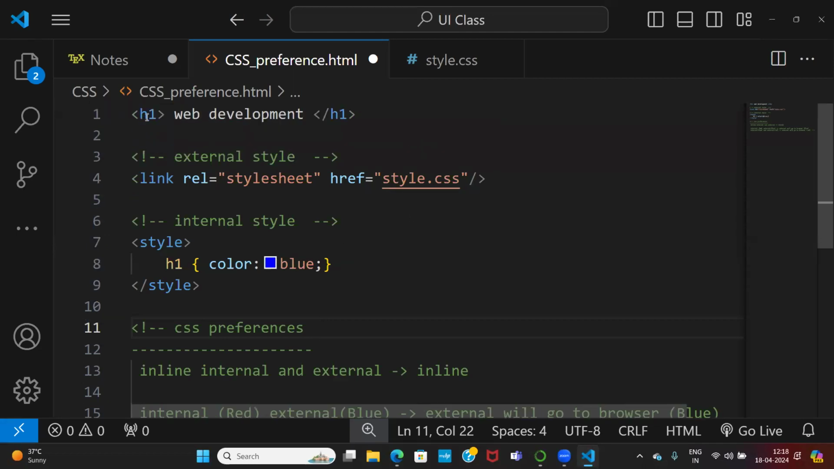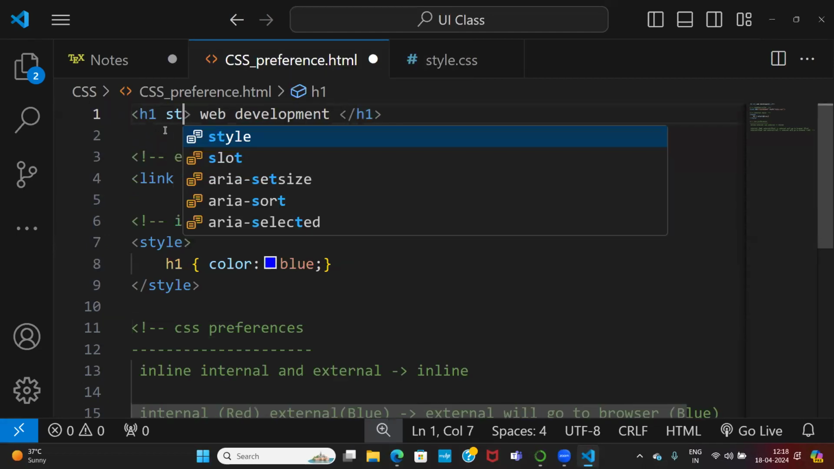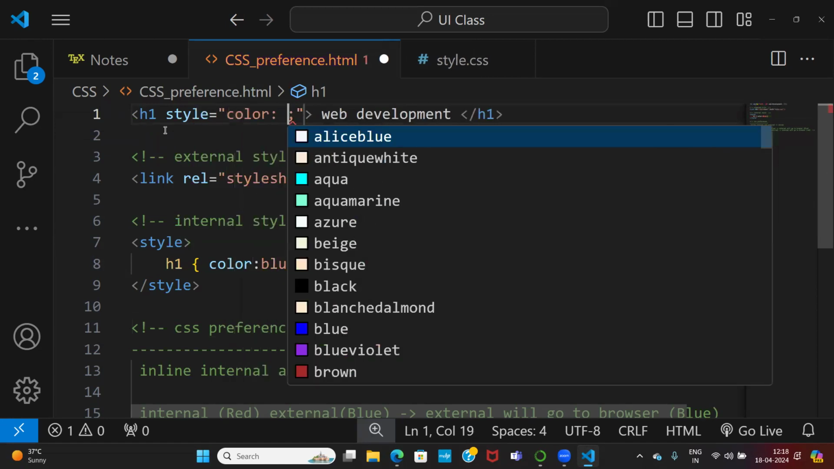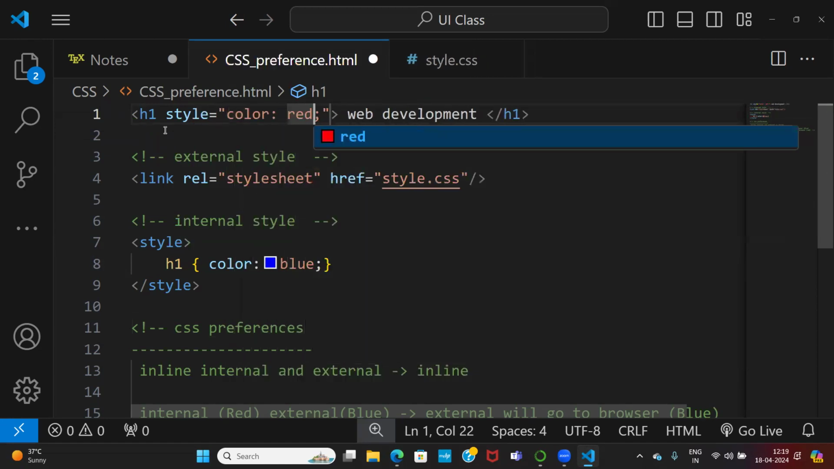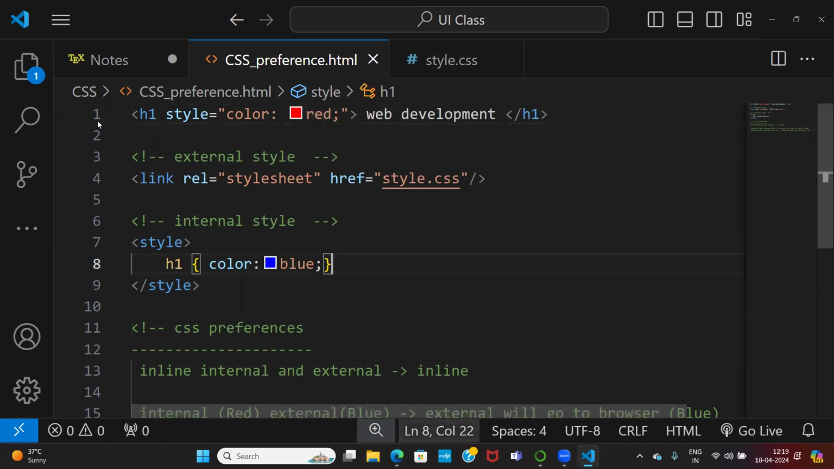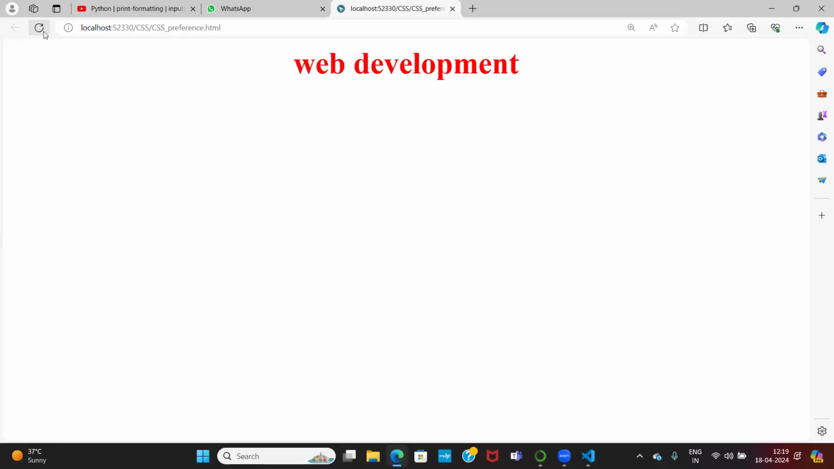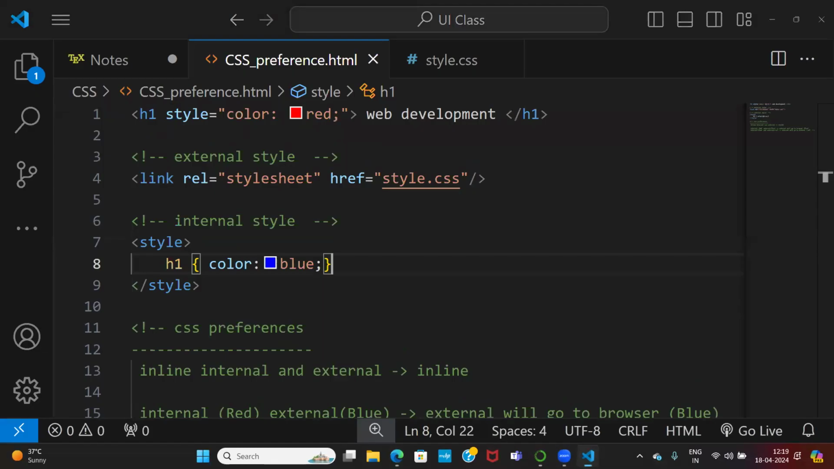Okay. Let me give here also style color, just to give the red. Now the color is red and alignment is set. That we know. Why? Because color is inline. Inline is the first preference. But now come to the point,